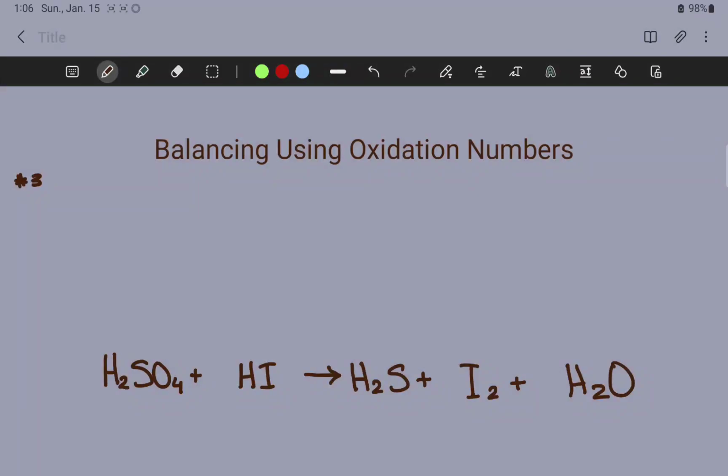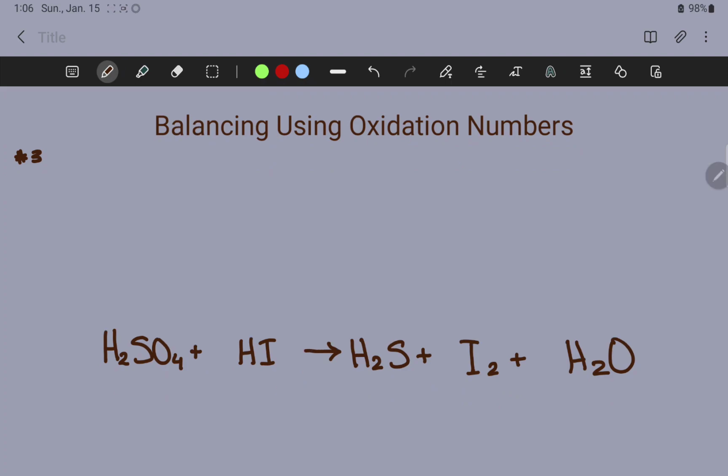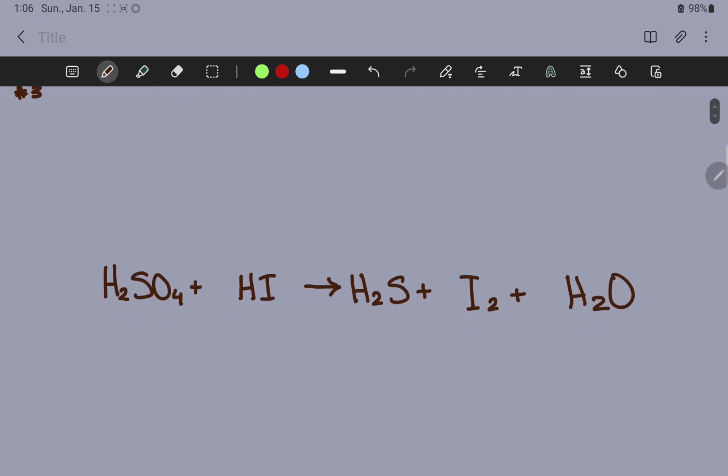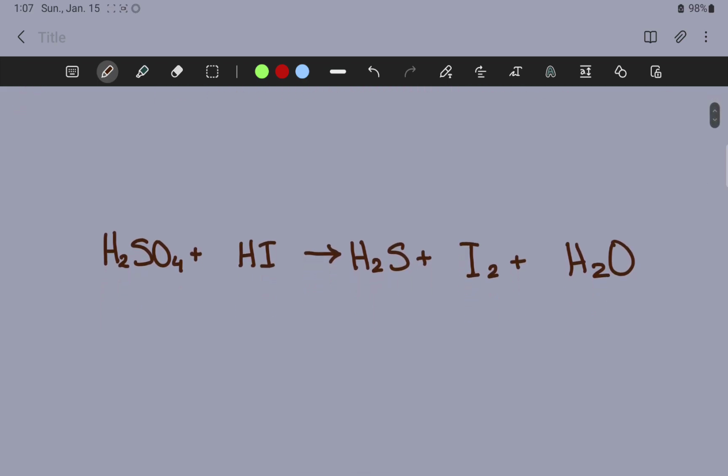Today we'll be doing redox reactions and we'll be going over three different types of balancing. The first one is going to be balancing using oxidation numbers. So over here we have hydrogen sulfate with hydrogen iodide which reacts to produce hydrogen sulfide with an iodide ion